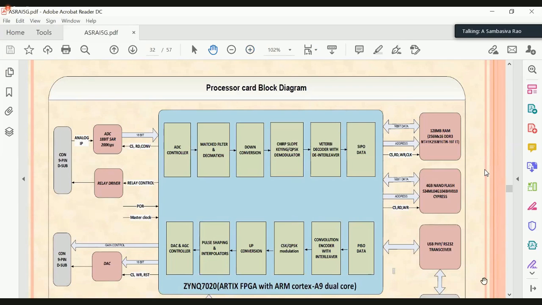Yeah, thank you, ma'am. This is the ADC, because what is software defined radio? In software defined radio, only the ADC and DAC will be there. The received signal from the ADC is converted into a digital signal, and all my processing happens